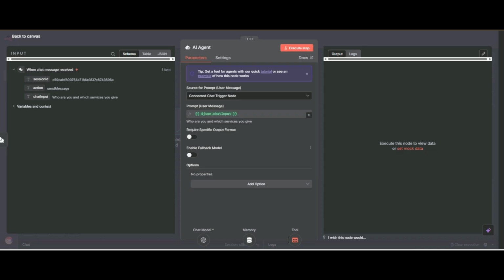Because here is a user message, and the customer doesn't know where our data is stored, where all the things like services and pricing are saved. Also the AI agent doesn't know where you save your data.